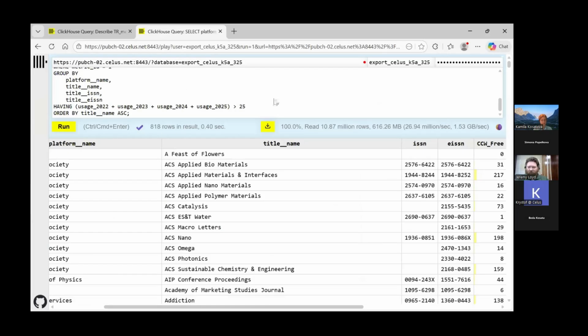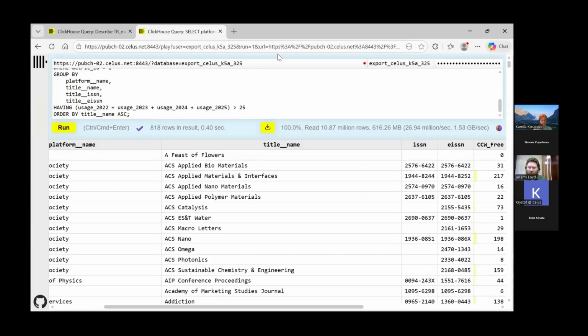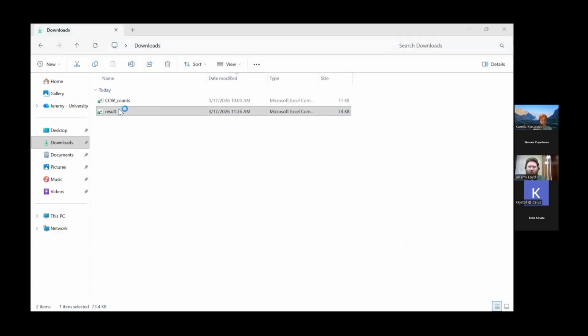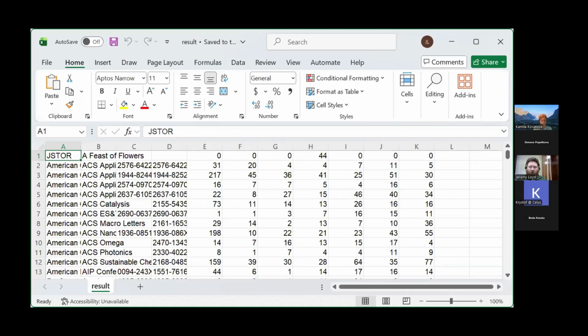Okay, now. All right. So from here, we are then able to download this as a CSV. And again, let's move that. And so we get this nice little Excel sheet. And then doing a little bit more cleaning up, I am able to bring this back into